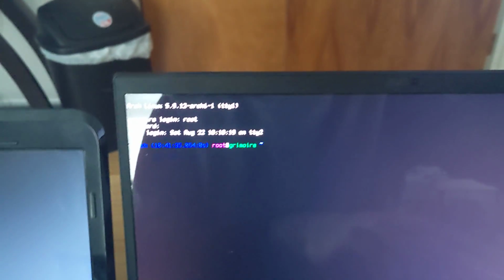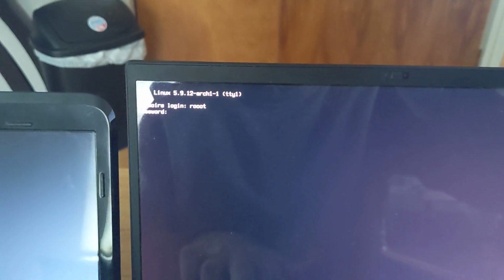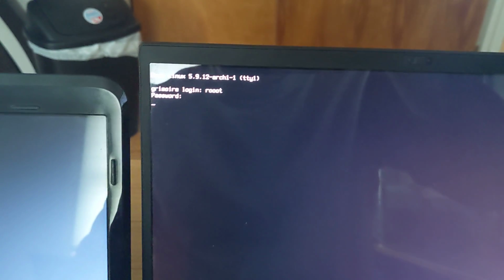On the Arch box, however, I'm going to log in first. So you can see I can log in, okay. But let's say I fat finger, make a typo here, and then I want to cancel out. Well, Control-C. Nothing, completely ignored. If I hit enter, I just have to wait for it to fail so that I can